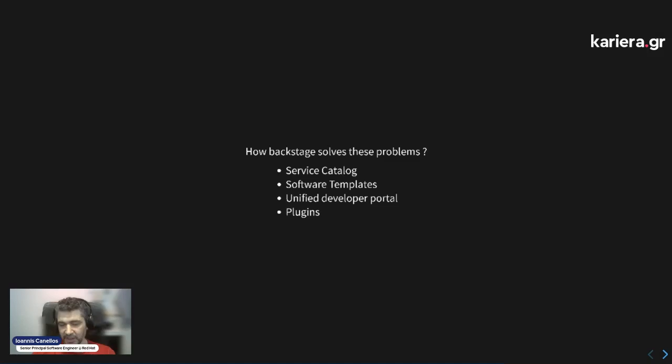By providing a collection of software templates which new hires would be able to use in order to easily bootstrap new components, new libraries, new tools, and things like that. And in some cases, even embedding in those software templates self-servicing capabilities so that devs are able to directly create a project and get that project deployed to our target environment. By unifying all those tools that I mentioned, tools about metrics, tracing, container orchestration, secret management, and stuff like that, in a unified portal,